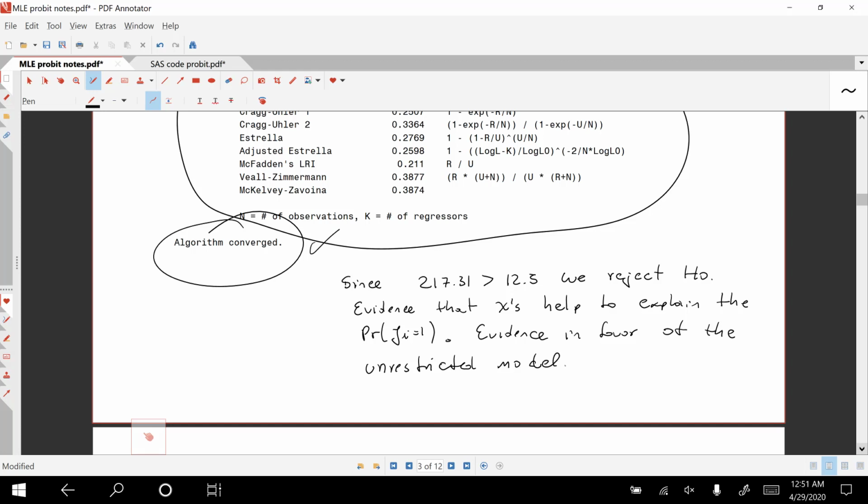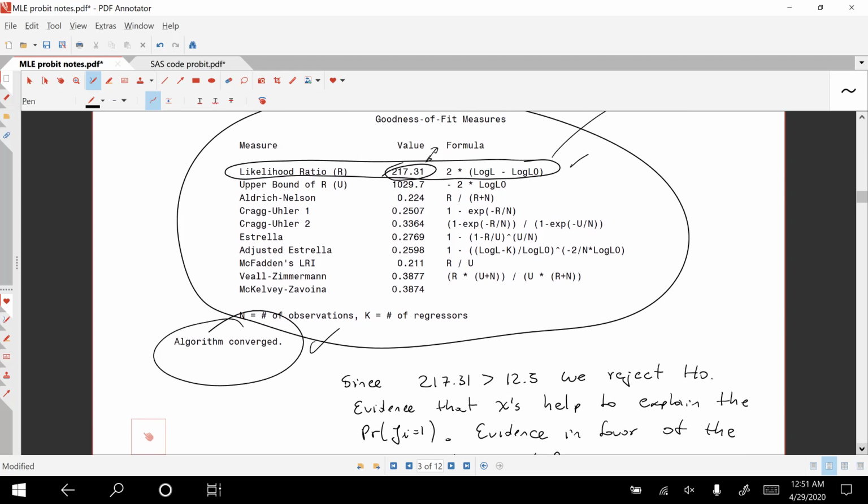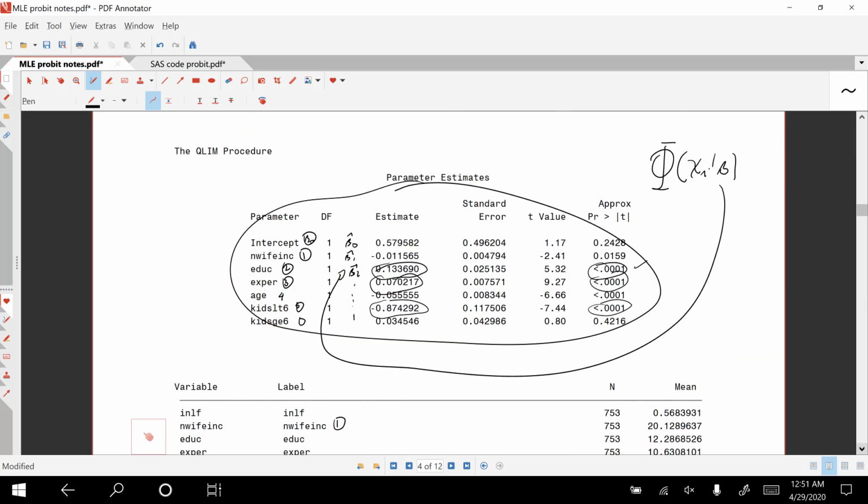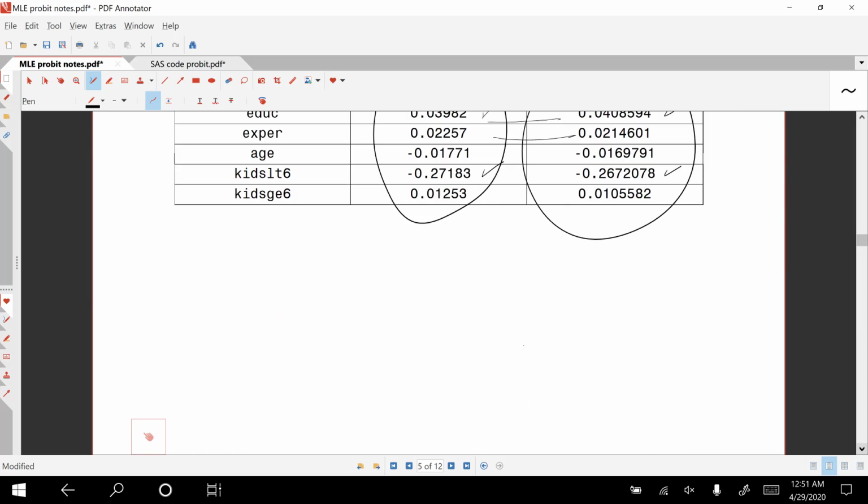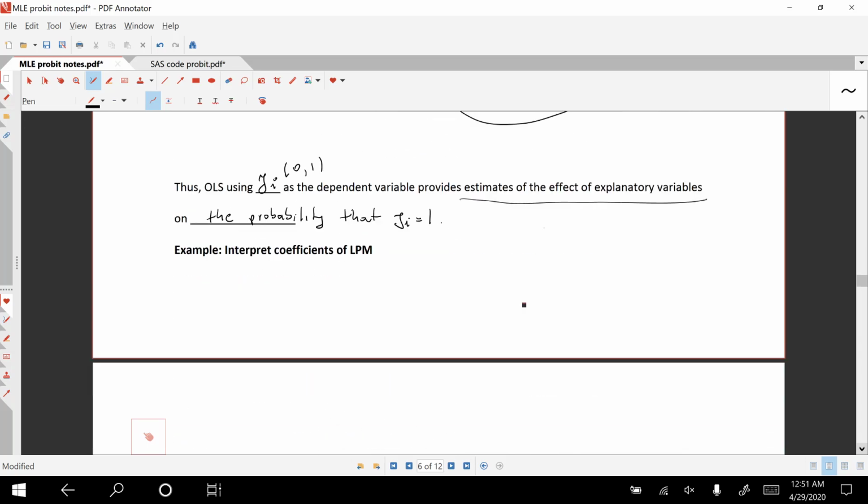Okay. So usually you have to report that. It's good to report the value, and sometimes even the p-value at which you reject the null, to show that your model is useful for prediction. And the other thing that you are supposed to report